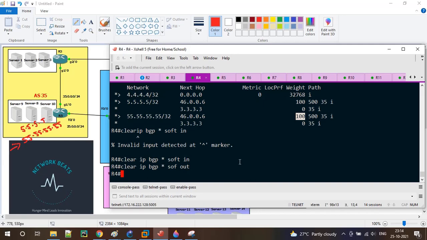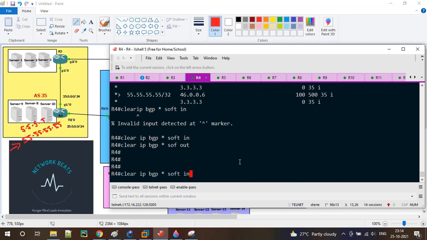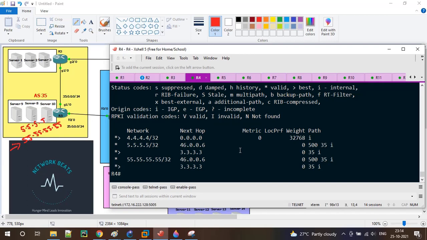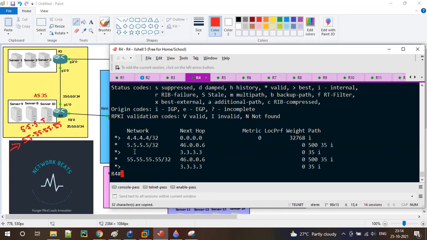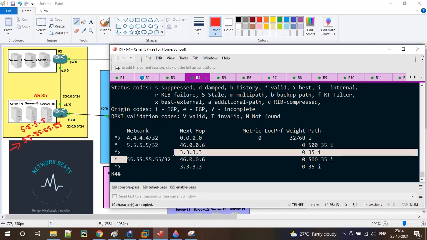Let's see how the BGP table looks now. Okay, now that 100 is gone. All the weights become 0 here, and my best hop is chosen via R3. Now R6 is not the best path anymore for the prefixes coming from R5.